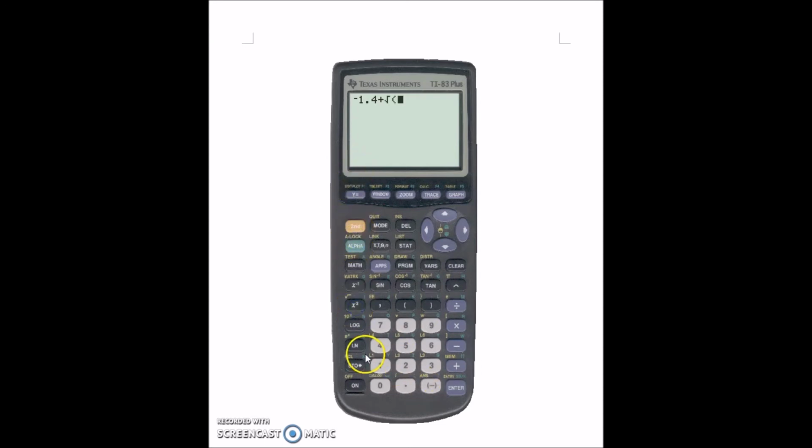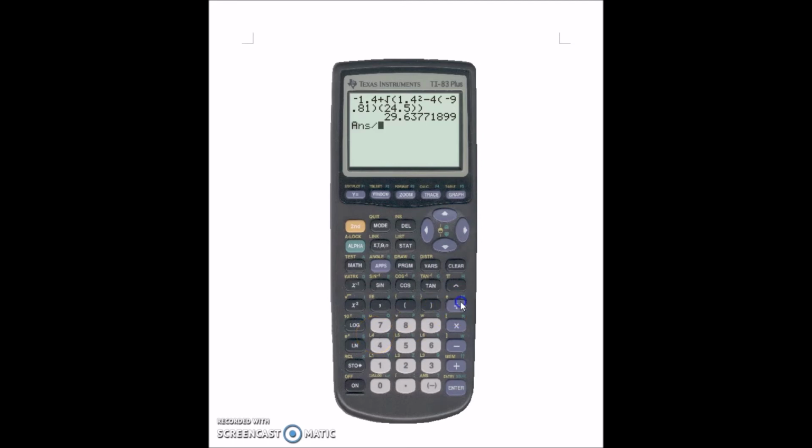Square root of 1.4 squared, which is b squared, minus 4 times negative 9.81, that's a, 24.5, which is c, and then you get